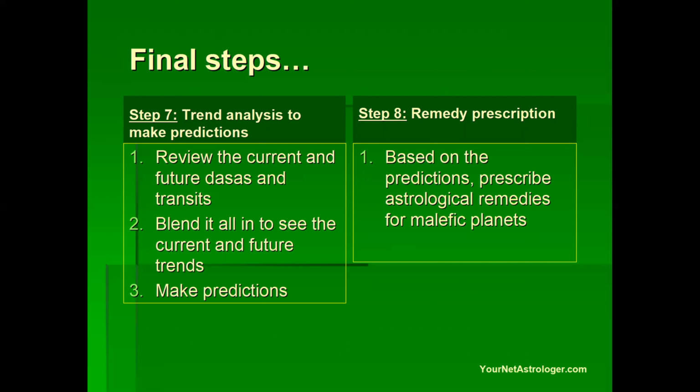And if functional benefic planets are weak, we must advise strengthening of that planet, or if there are more than one, we have to strengthen all the benefics. They can be strengthened by either a kavach or gemstones. So this is how we